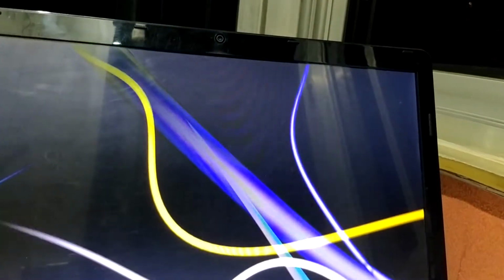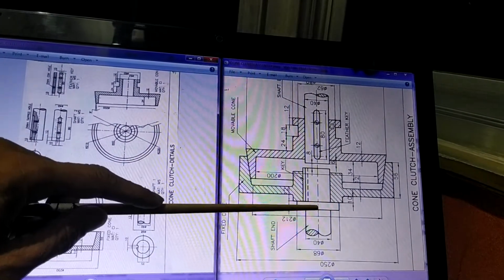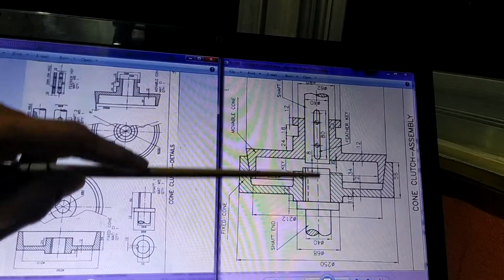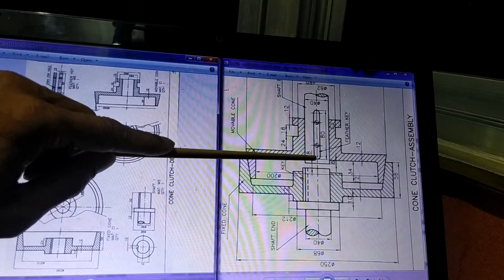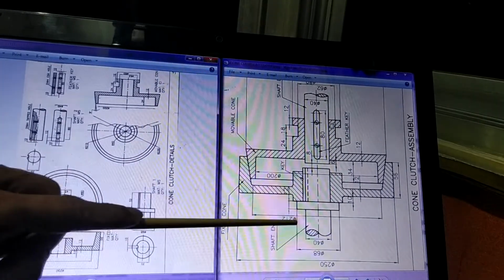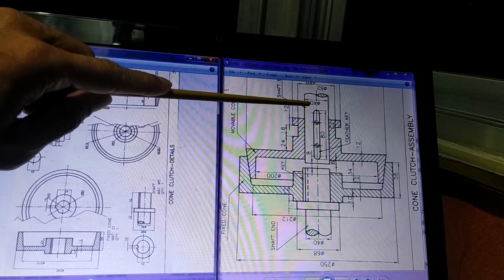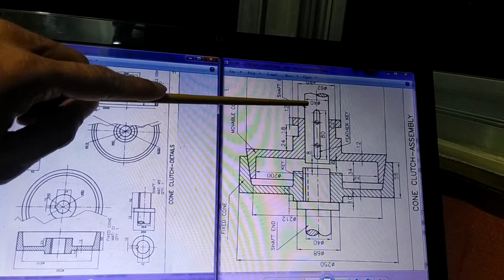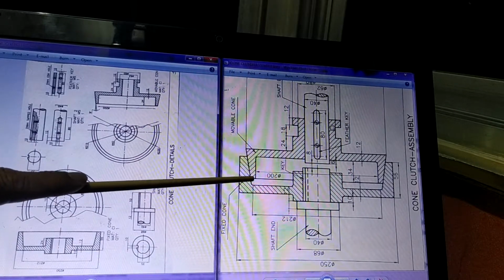That means the objective here is to transmit the power from one shaft to another shaft as and when required. So you can see one shaft up to here, then there is a second shaft starting from here. So maybe power is present here, so this shaft is rotating all the time, and this shaft is not going to rotate unless you want it to rotate. So at the moment, this is the way it is shown in assembled condition.